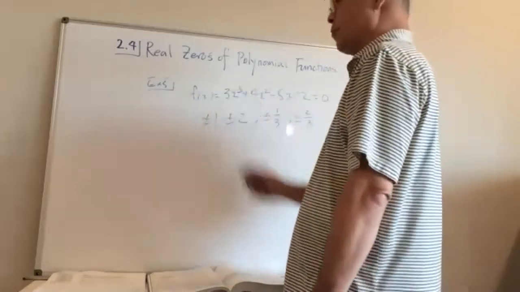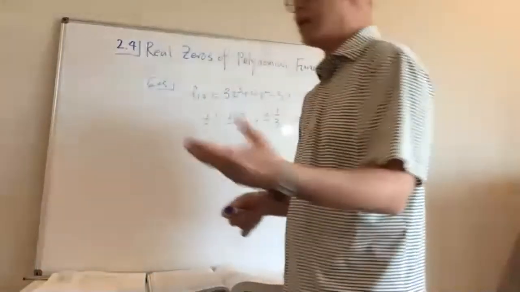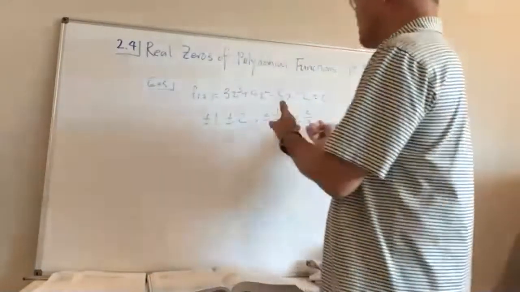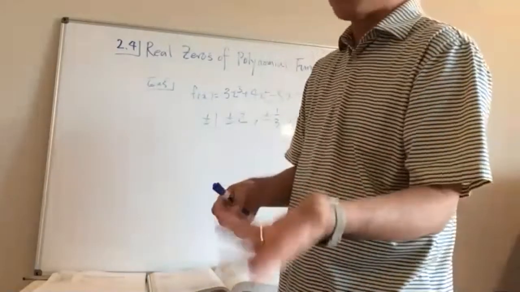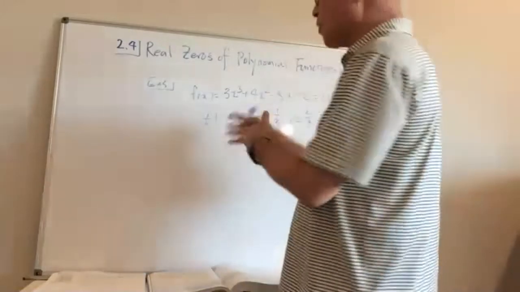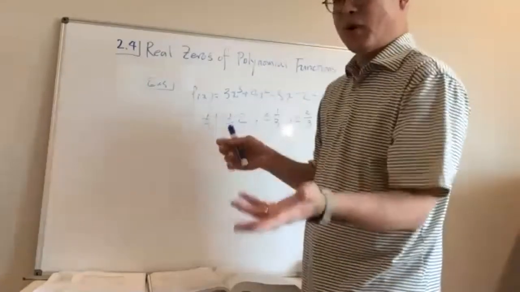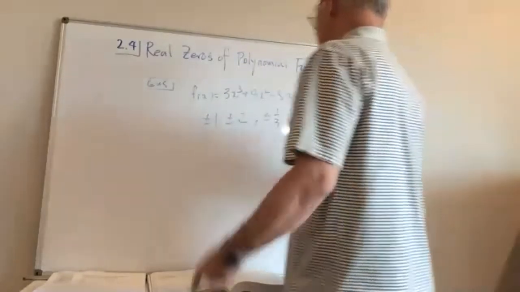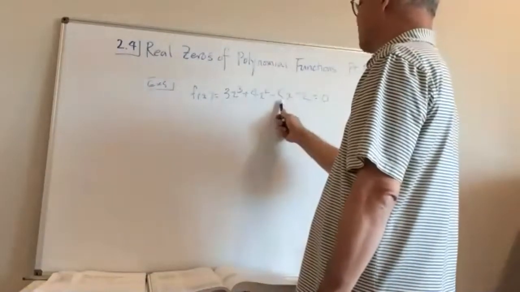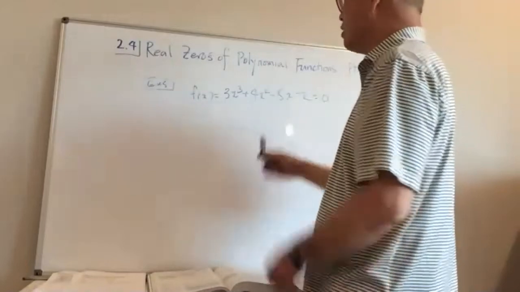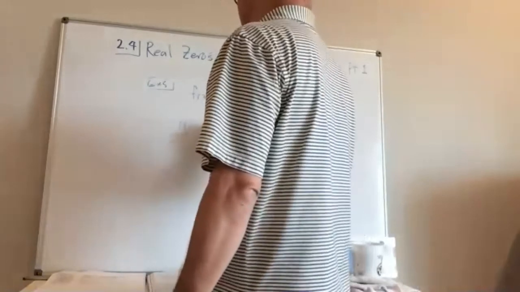I can try these in. Oftentimes you will find that as you're doing synthetic division, it becomes kind of tedious, because there really is no good way, except for the one that I told you, the 1. Other than that one, there is no other way. You just have to try and see if they work. Now on this one, as a matter of fact, what do we have? I have 3 plus 4 minus 5 minus 2. Oh, that's 0. So I know that 1 is an answer. So let's use that